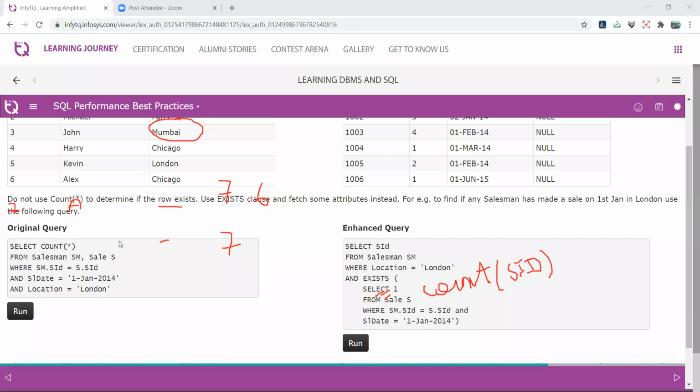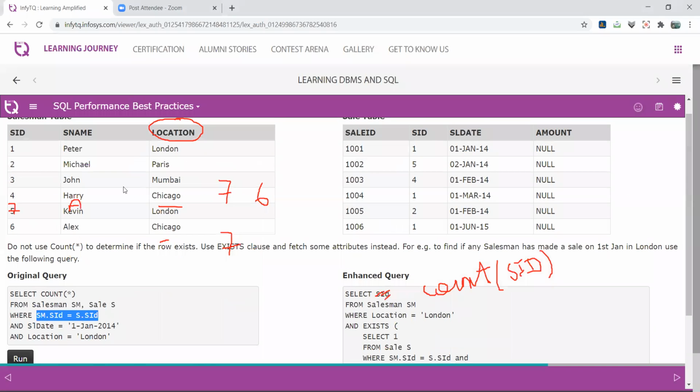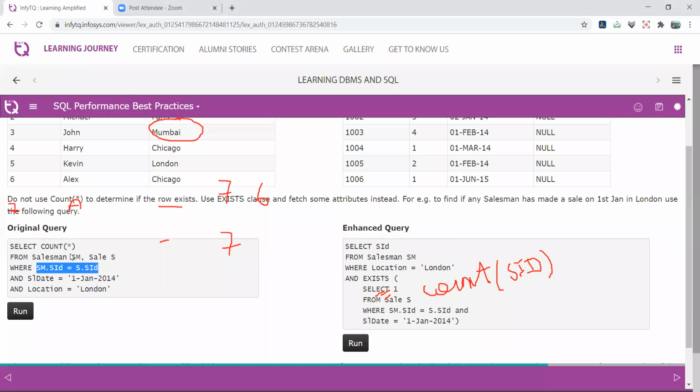आपको उस पर्टिकुलर सेल्समैन की काउंटिंग करनी थी जिसने आपके पास में लंदन में इस पर्टिकुलर डेट में सेल की है, राइट। सो अगेन सिंपल, हमने यहाँ पे ज्वाइनिंग का कॉन्सेप्ट लगाया हुआ है, क्लियर। तो ज्वाइन का कॉन्सेप्ट है, सेल्समैन और सेल्स की टेबल्स में 66 रिकॉर्ड कंटेन कर रहे हैं, 36 कंपैरिजन होंगे, उसके बेसिस पे हमारे पास में एक सेल्समैन ऐसा है जिसने आपके पास में लंदन में सेल की हुई है, तो यहाँ से हमें काउंटिंग 1 मिल गई, राइट।